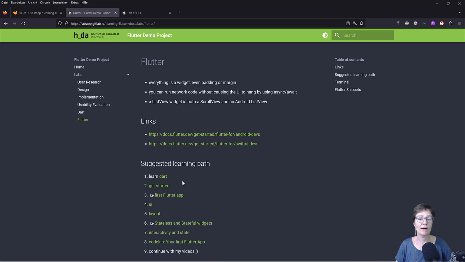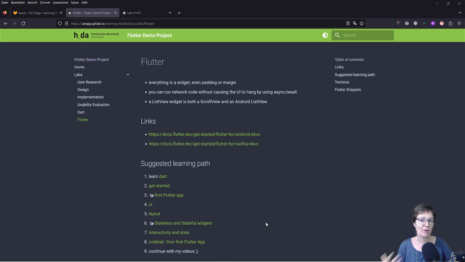Depending on the knowledge you have already, on the programming languages you know already, you have to learn Dart, great language. If you know Kotlin, it's almost the same. Get started, install everything according to your platform, and then go through this material provided. I guess this will take you about 2 to 4 days, and then we can start and dig into things